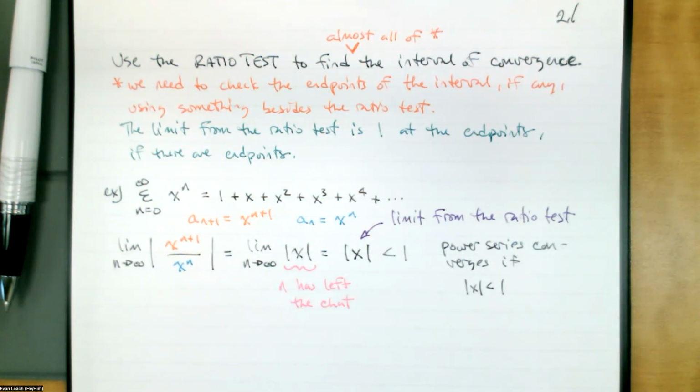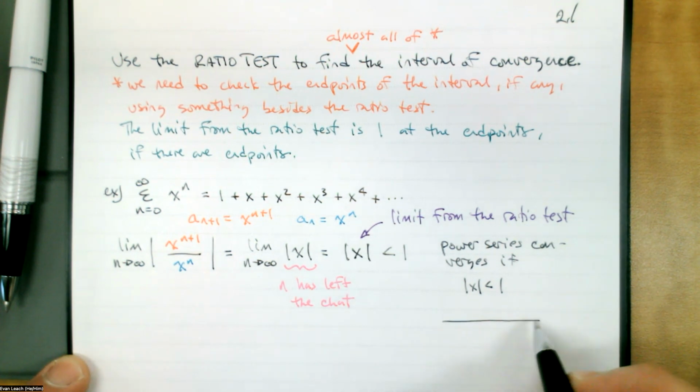This is almost all of the interval of convergence. In this case, this is all of the interval of convergence. The ratio test does not know what's going on when x is equal to 1 or when x is equal to negative 1. Let's draw a picture of this power series. This interval, the absolute value of x less than 1,